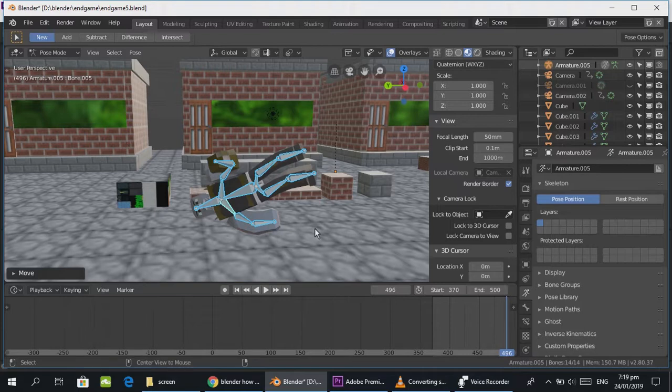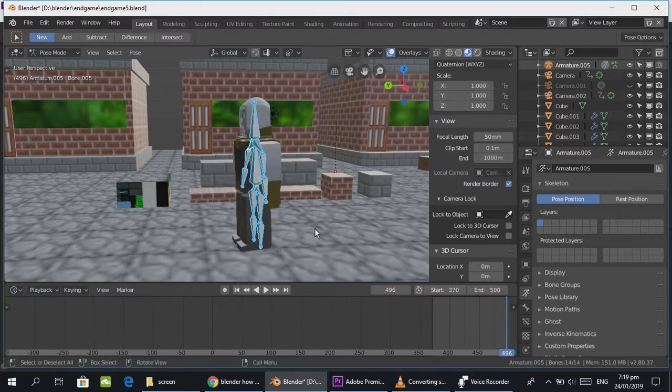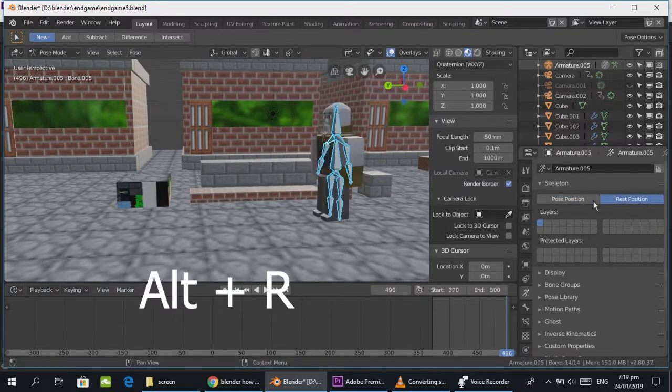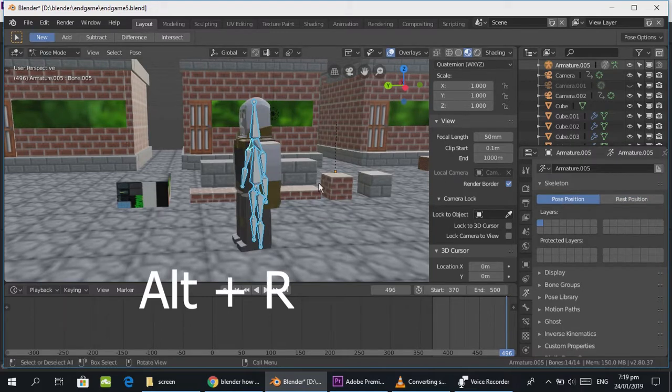I key in Alt R, then the rotation goes back to the original like the rest position. R for rotation. Then